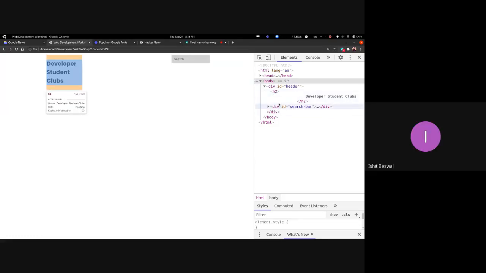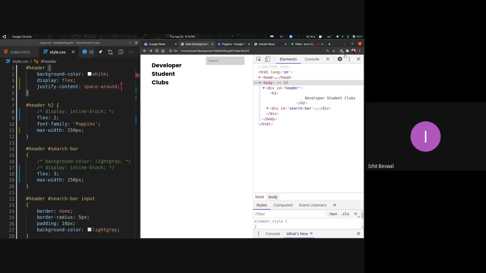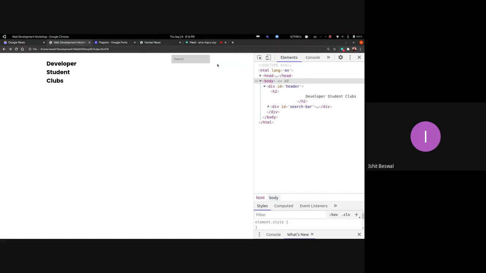What space around does is that the white space around both the H2 and the search bar is the same. So for example, on the left of the H2 there is 100 pixels, then on the right of the H2 will also be 100 pixels, and on both left and right of the search bar will also be 100 pixels. So that means that between the two elements there's 200 pixels of white space.